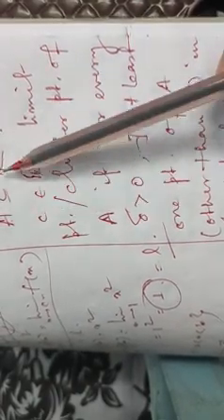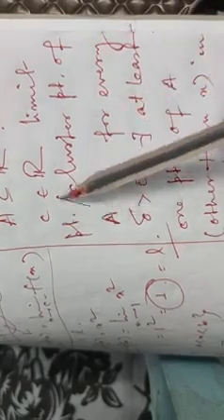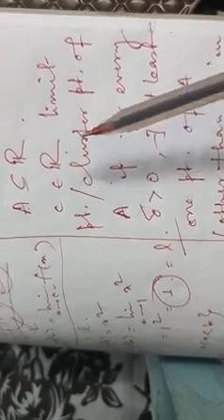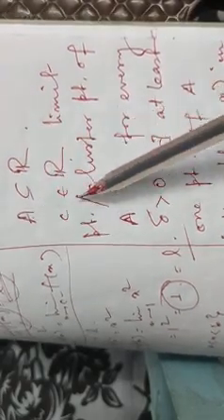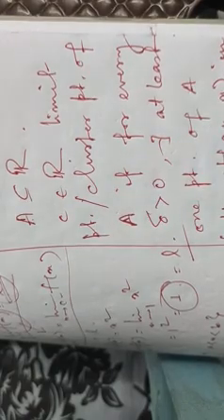What does it say? It is saying that suppose A is a subset of R and C be any point belonging to R. That means C may belong to A, may not belong to A. It doesn't matter. So C, any point, is said to be a limit point or a cluster point of A if every neighborhood of C contains at least one point of the set A other than C.